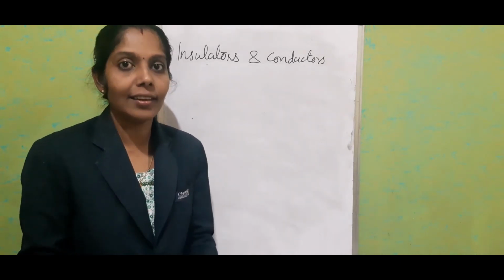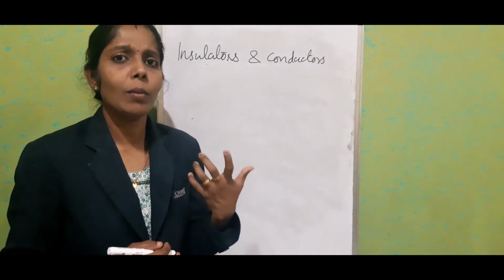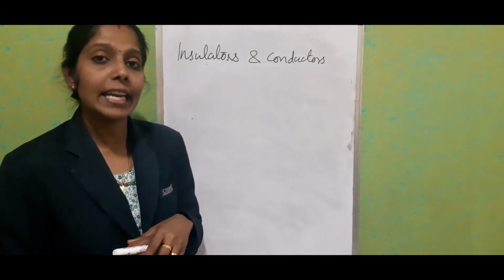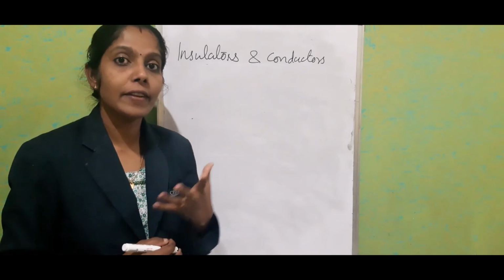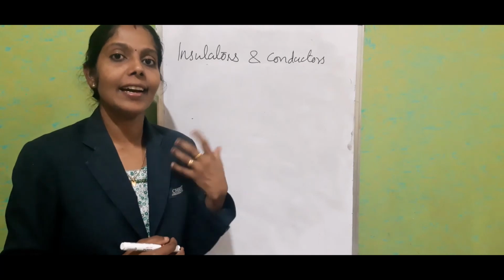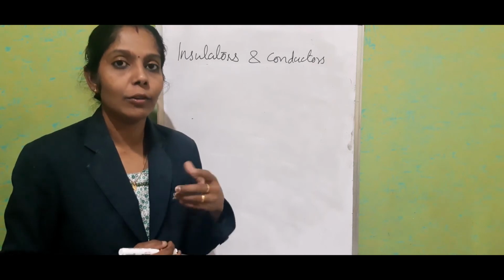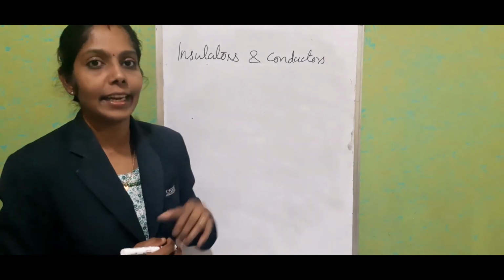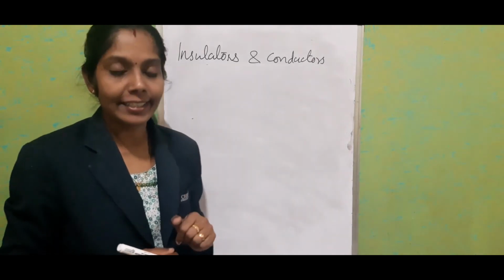If the current is nil, it means it offers maximum resistance. The reason is that there will be almost 0 free electrons, or 1 or 2 electrons, available in the case of insulators. Now in the case of conductors, there are a large number of free electrons available. So they easily allow the electric current to pass through them. Almost all metals like copper, aluminium, iron, steel, brass are good conductors of electricity. Our body is also a good conductor of electricity.